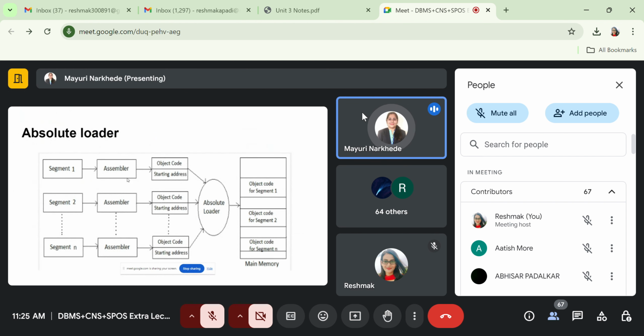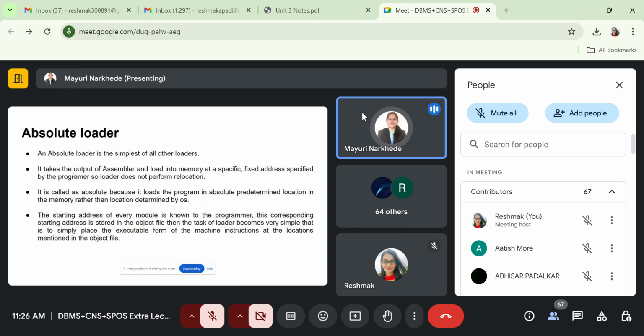So you can check here. Here is segment 1. Here the assembler takes that as an input. Okay. And the output of the assembler is what? Object file. There is a starting address mentioned by the programmer. If you know, what is our first instruction? Start 100 or start at some memory location. Okay, the starting address is mentioned by the programmer. Okay, so here is another segment 2, the assembler, and again here is the starting address. Okay, so in the absolute loader, the starting address is given by the programmer itself.